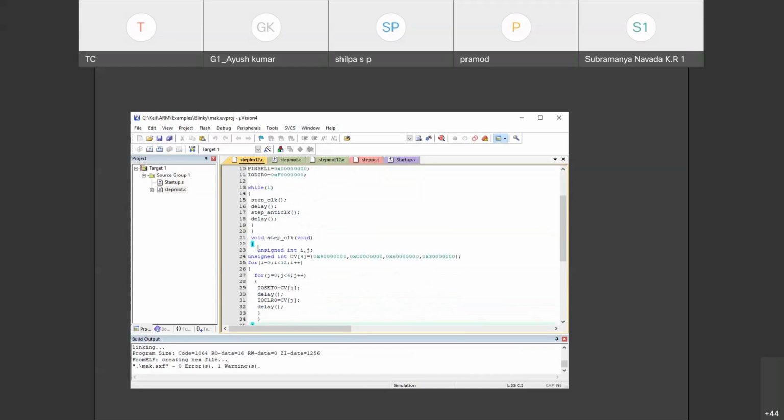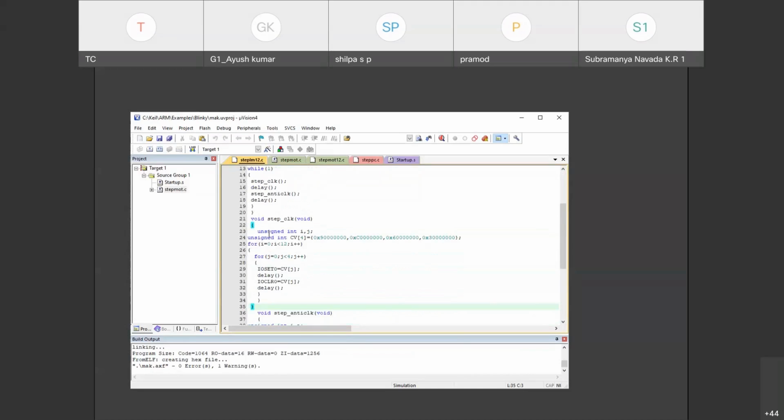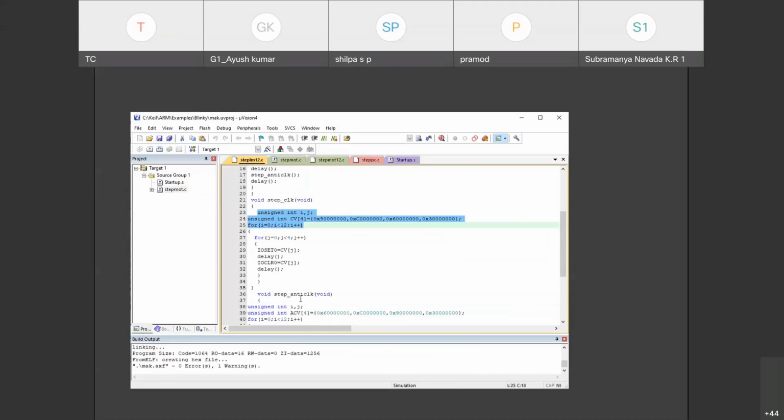You cross verify now, step underscore clock. What is the identification you can do? I have declared unsigned int i, j specific to the step clock, and specific to the step anti-clock. You can see, i is equal to 0 to 12, j is equal to 0 to 4.